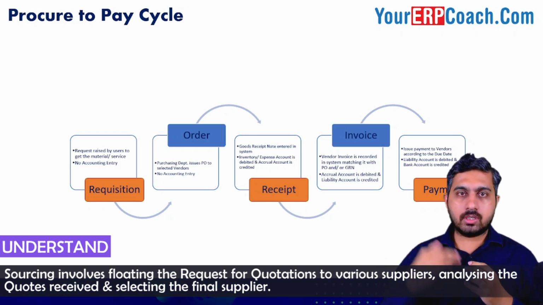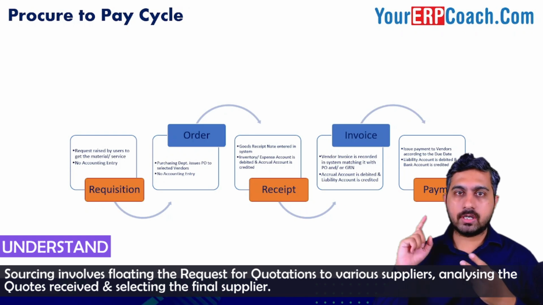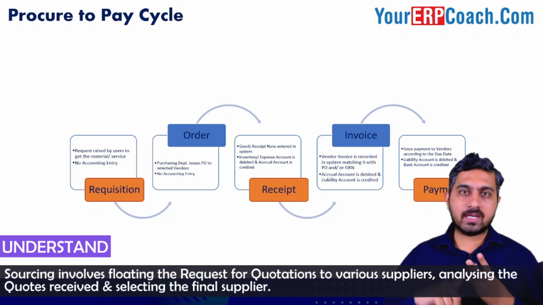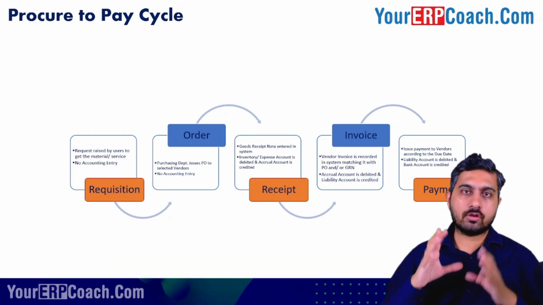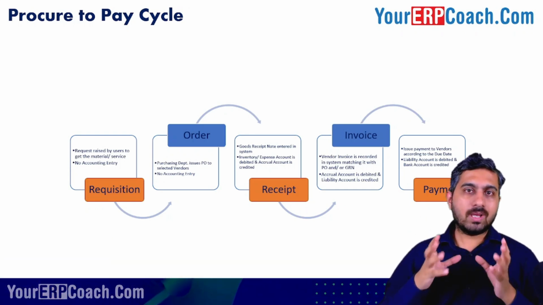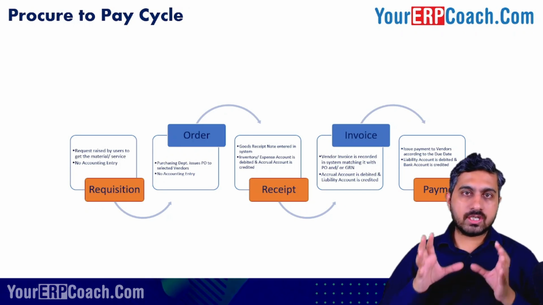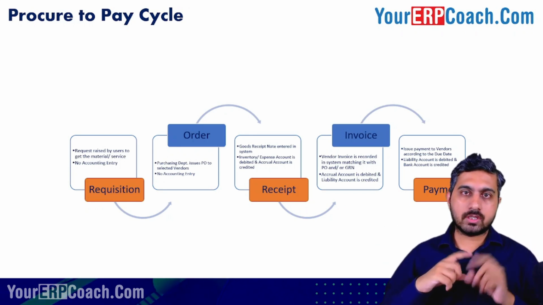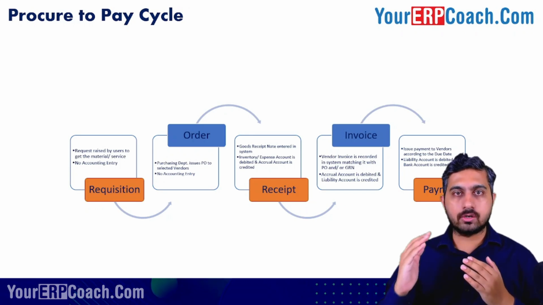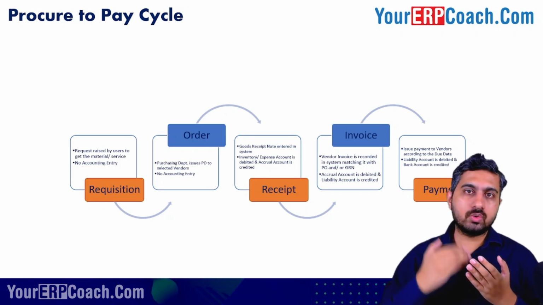Every organization, depending upon the industry in which it operates, the nature of purchase, and the region in which it operates, may have different processes of sourcing or finalizing the supplier. But once this supplier is finalized, the purchase department of the organization consolidates all these purchase requisitions, prepares the purchase orders, and sends these purchase orders to the suppliers